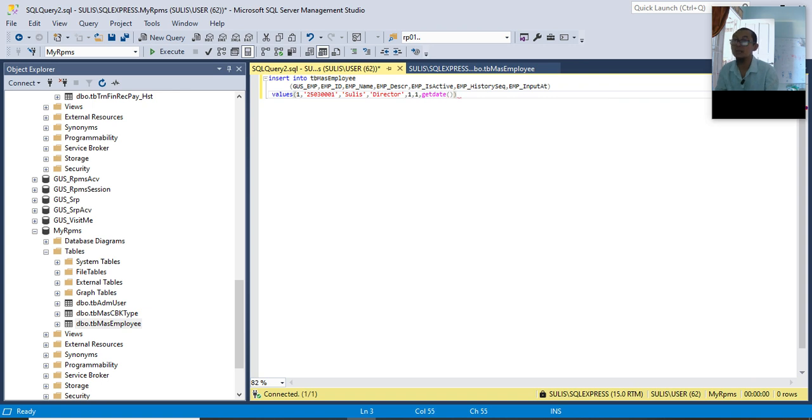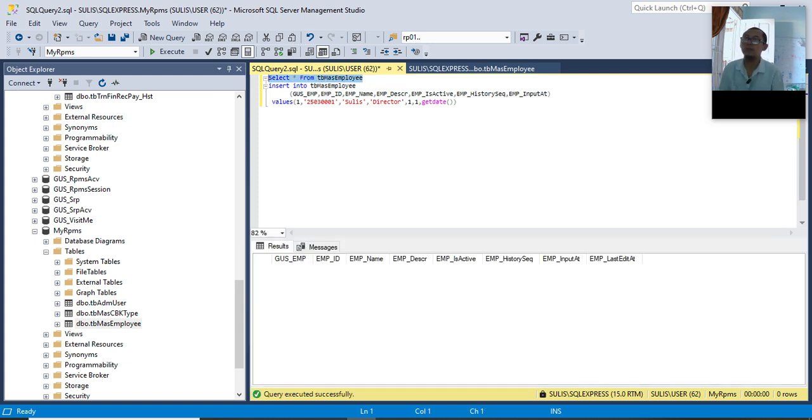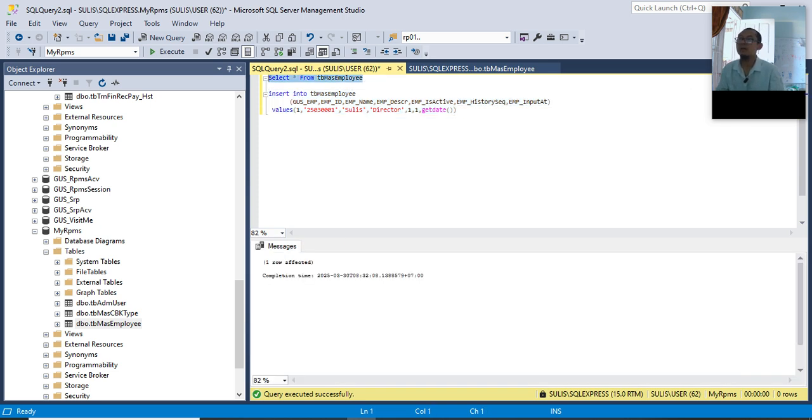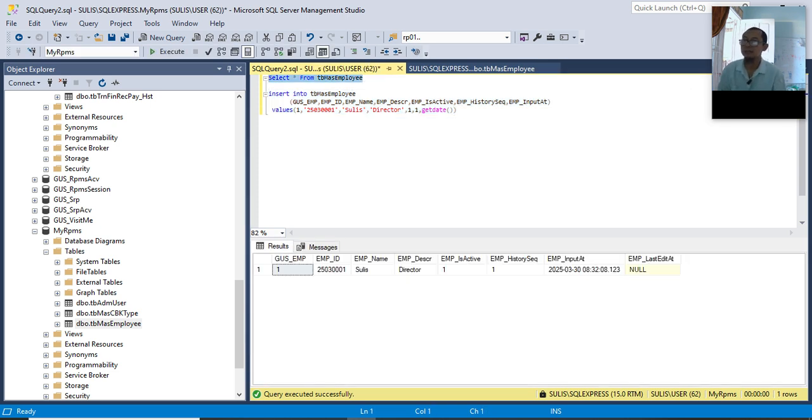Let's see our data first. You see, we have no data here. Now I will insert data. Execute. Now let's check the data. You see, the data is already in the database, and we have no way to cancel this insertion.